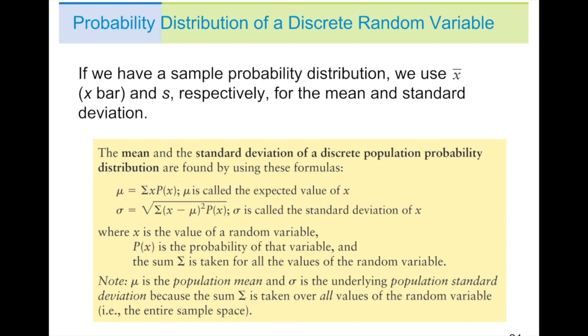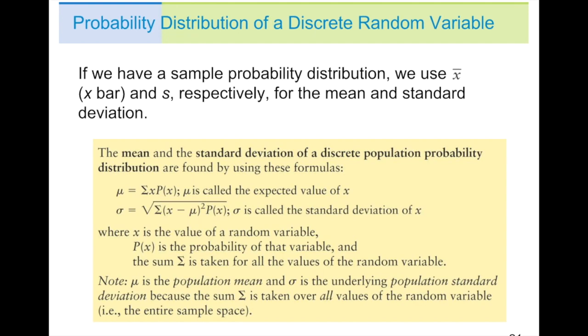The mean and standard deviation of a discrete population probability distribution are found by using these formulas. Mu is equal to the summation of x times p of x. Mu is called the expected value of x. It's what we expect to get. Sigma is the square root of the summation of the squared deviations from the mean times p of x. Sigma is called the standard deviation of x,